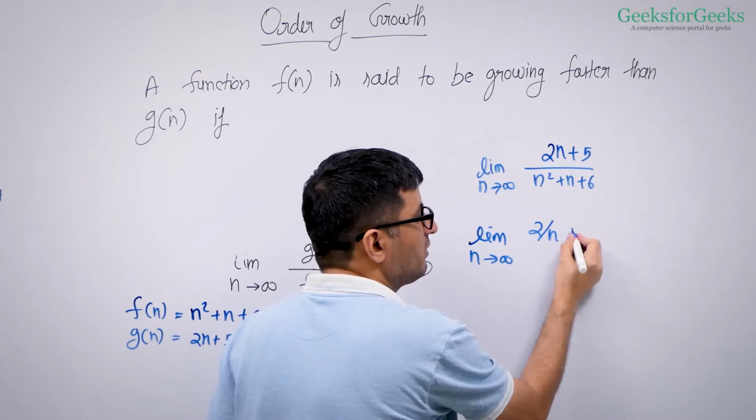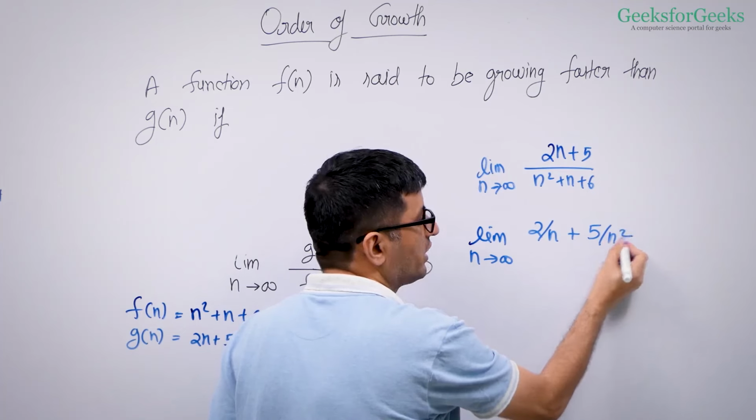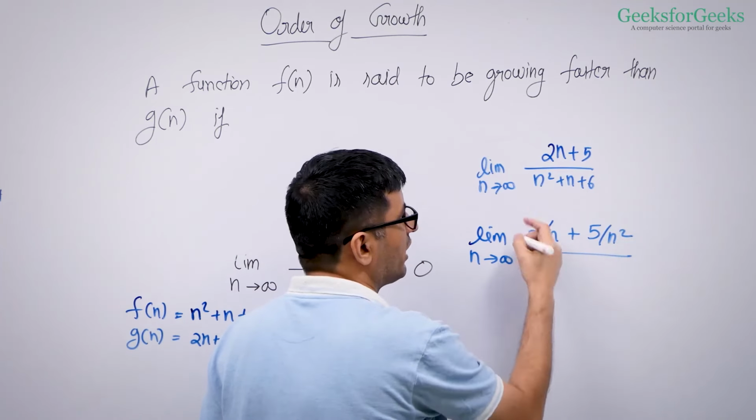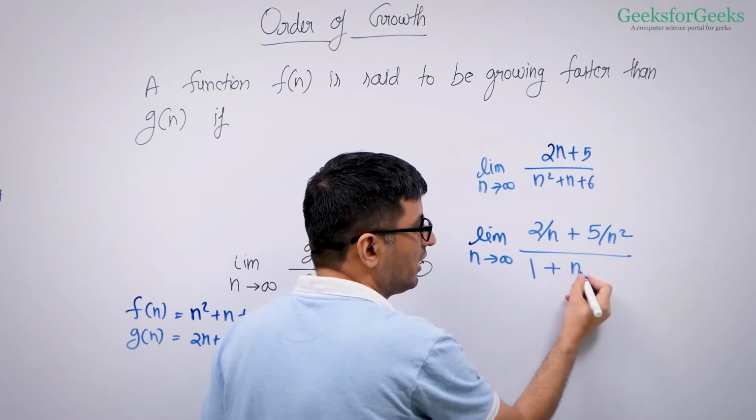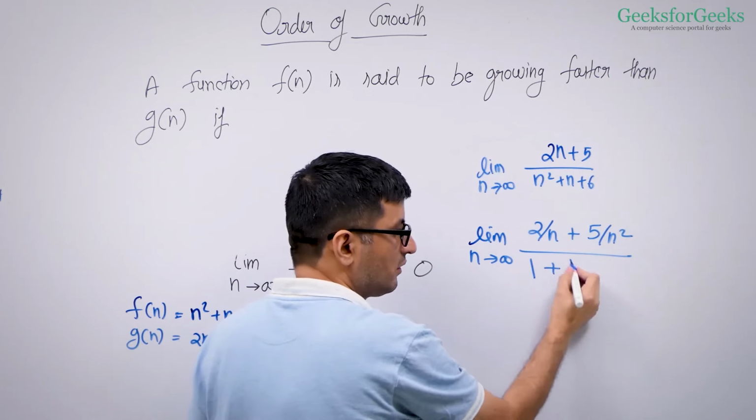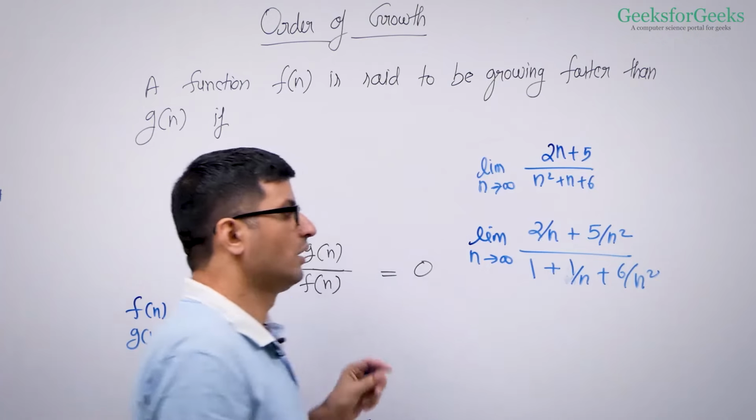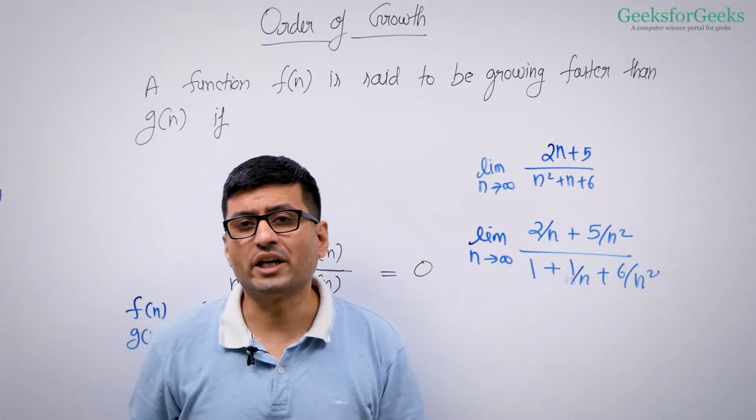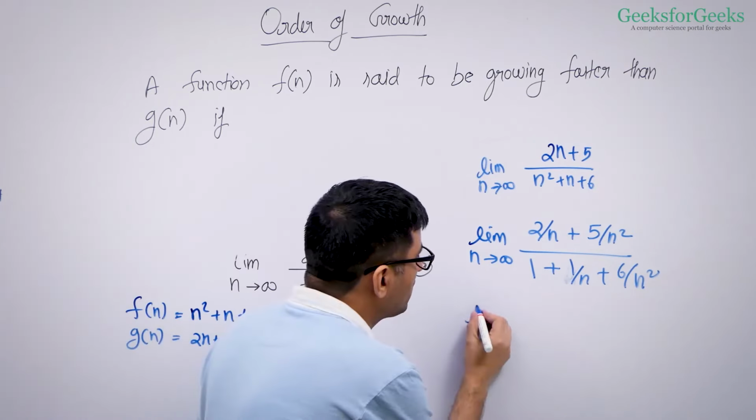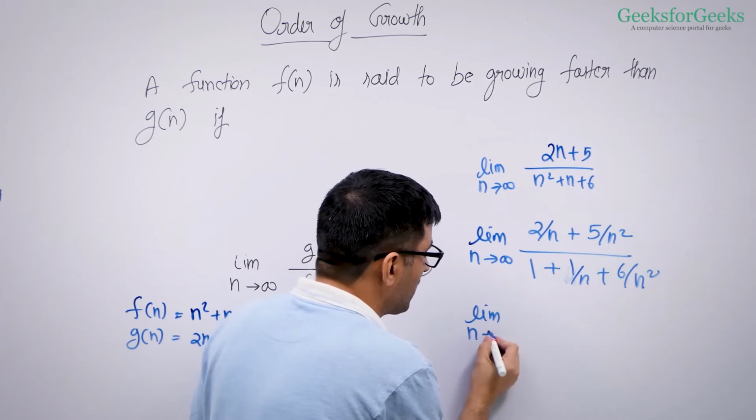2 divided by n plus 5 divided by n square, divided by 1 plus 1 by n plus 6 by n square. Now when n tends to infinity, what is this value going to be? When you have